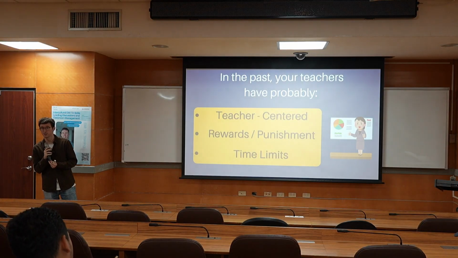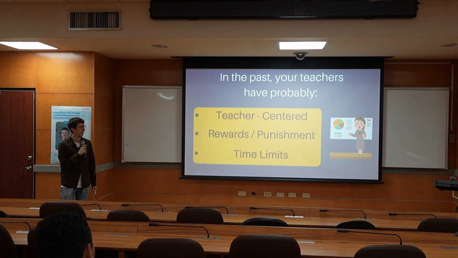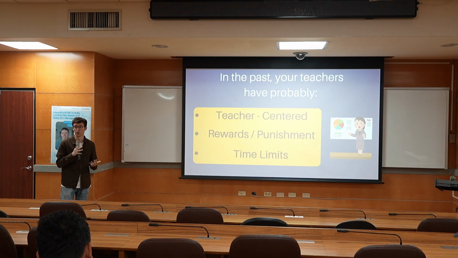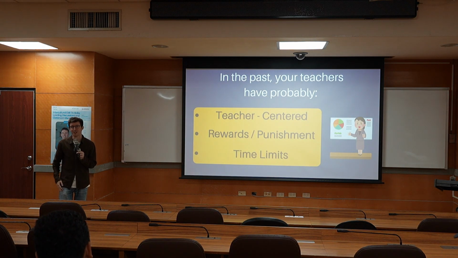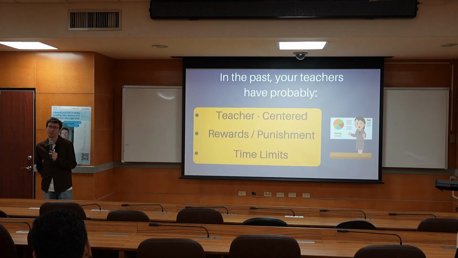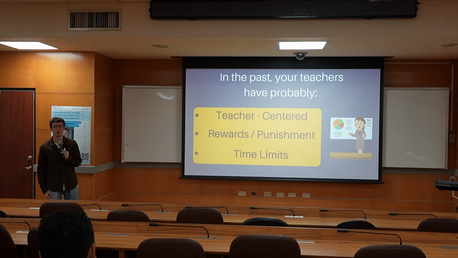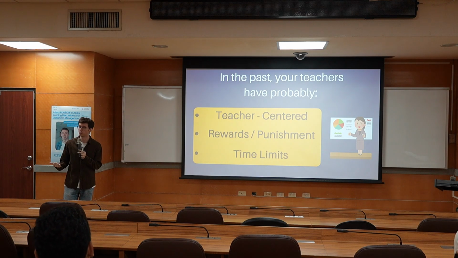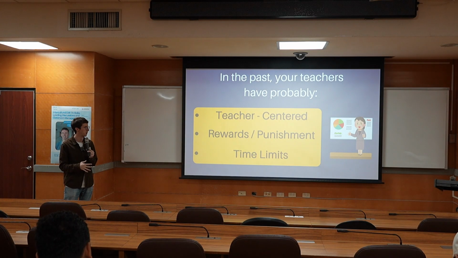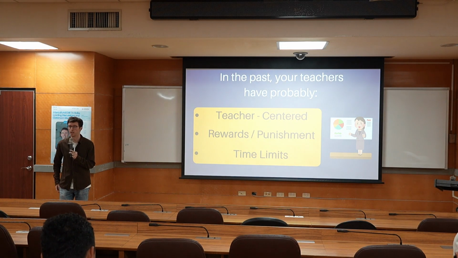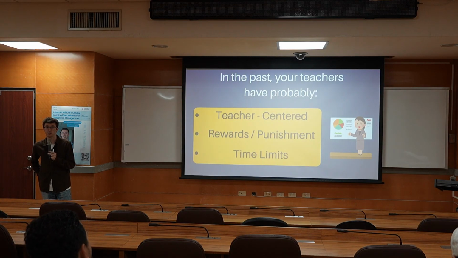Typically, in the past, some ways that classroom management has been done is by giving things like a reward or a punishment. Punishment less often in the college setting, but sometimes it does happen. For example, if a student raises their hand and speaks 3 times in a class, maybe they'll get extra credit. That might be a more college-level one. Or for kids, maybe you get a piece of candy. Similarly, if students are not engaged, not talking, maybe there'd be some kind of punishment, whether that be losing credit or kicking them out of class, things like that. That's a more old school approach. Also stuff like time limits for discussions, time limits for all kinds of in-class activities.